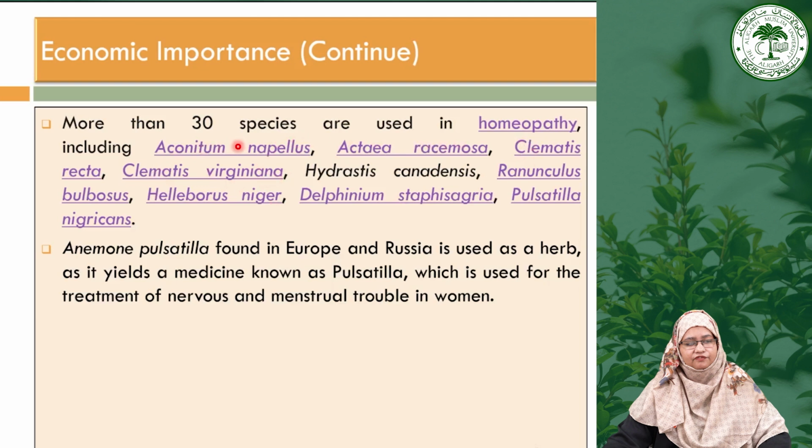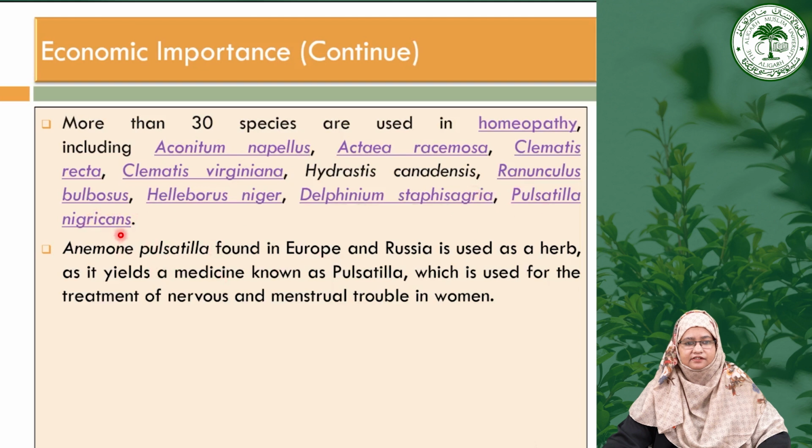It is noteworthy that more than 30 species of the Ranunculaceae family are used in homeopathy, which includes Aconitum napellus, Actaea racemosa, Clematis recta, Clematis virginiana, Hydrastis canadensis, Ranunculus bulbosus, Helleborus niger, Delphinium species and